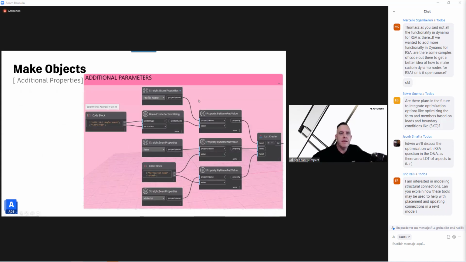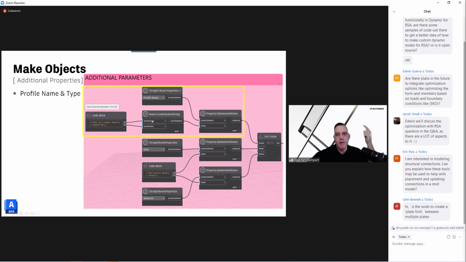So if we look at it in this example here, technically in this case we're actually passing 3 extra parameters to the creation node itself. In the first instance here, we're passing the name and the type of the object, right? So you can see we're taking the equal angle type, the size of that, passing it here to the create section string node. We're saying that we want to create the profile name property and then combining the output from this node and this property name as a property and then passing it as the first entry point to this